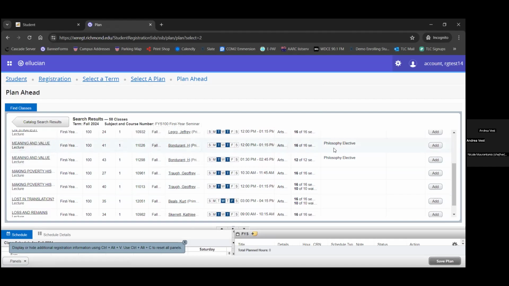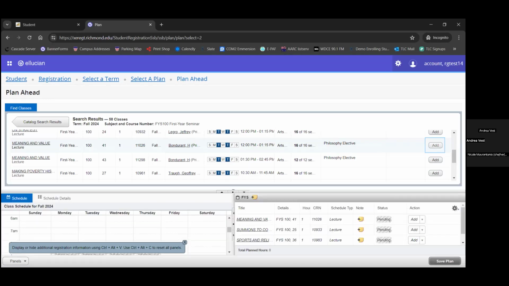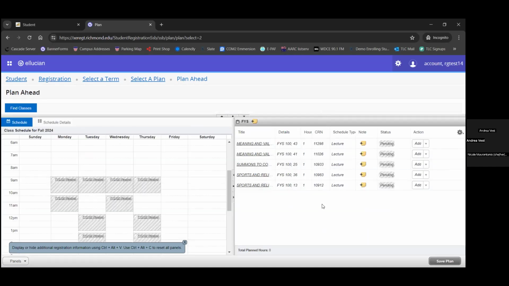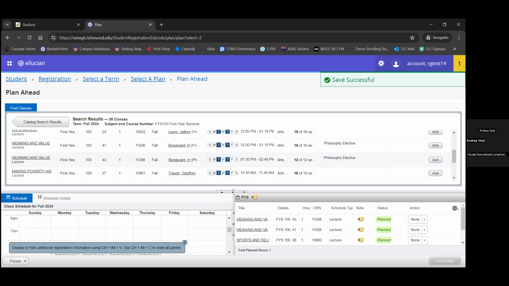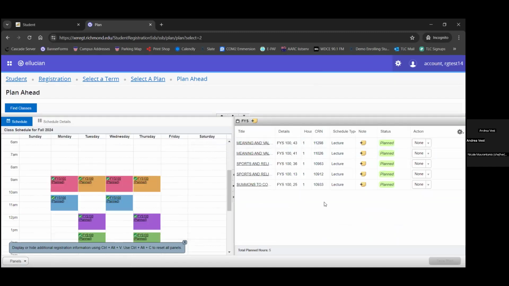as a philosophy elective. So this is one of those rare courses that does in fact count for a major or minor requirement. So we're going to add that as well. So at this point, we're going to save our plan. And we have, you can see 5 courses listed here currently. So at this point, we're going to demo again, ranking these courses as you will when you create your plan